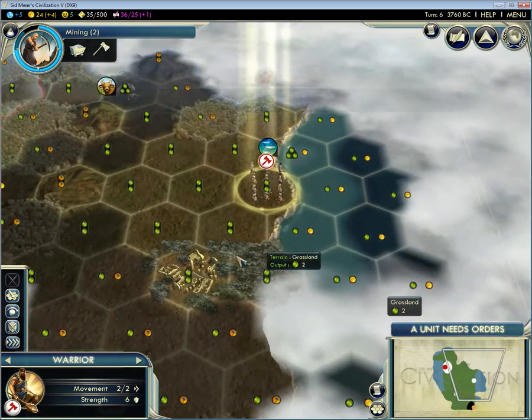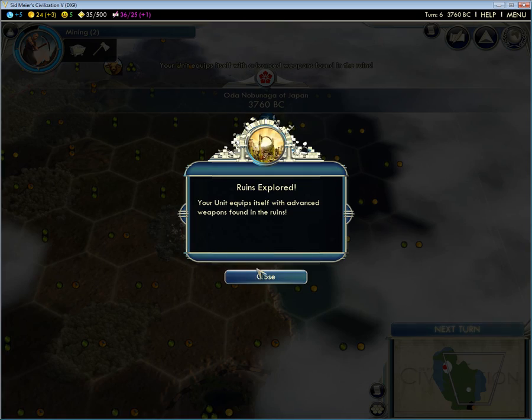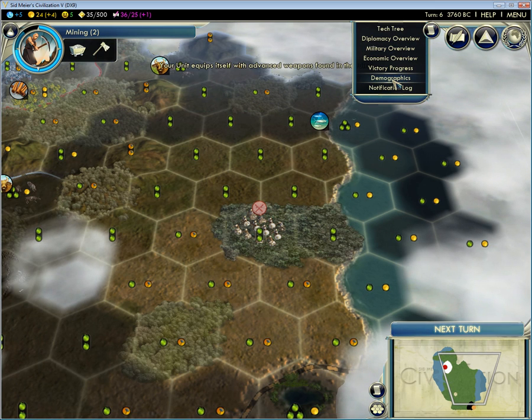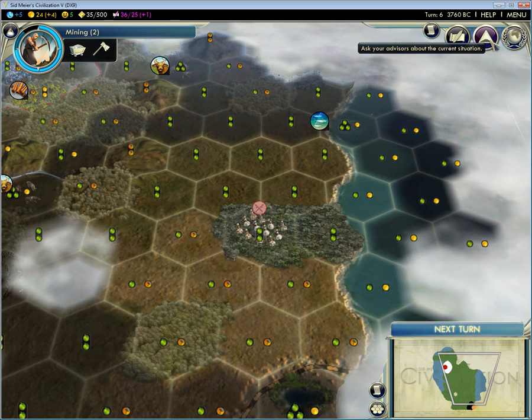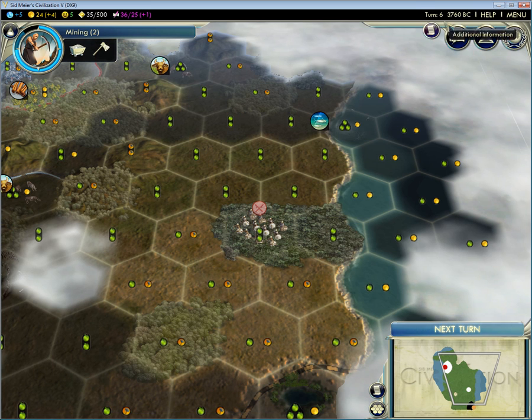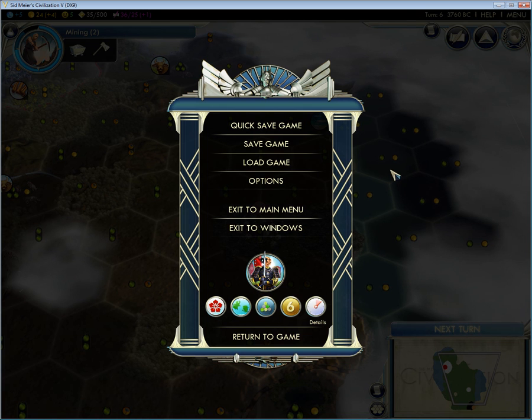And I haven't met anyone yet, which is a good sign for this to be a not super aggressive game. I do not remember what map settings I was using, so that's a bit unfortunate. Forget where I would go to check. No, not advisors. Social policies menu,